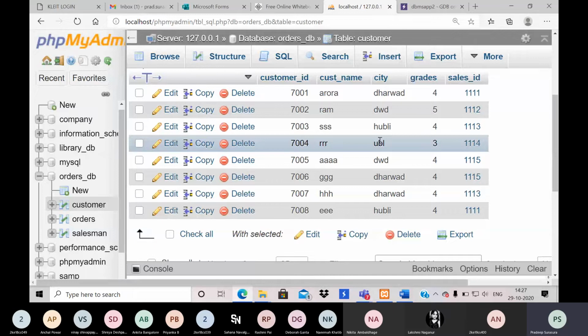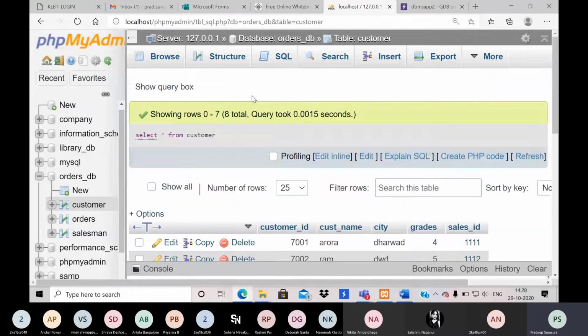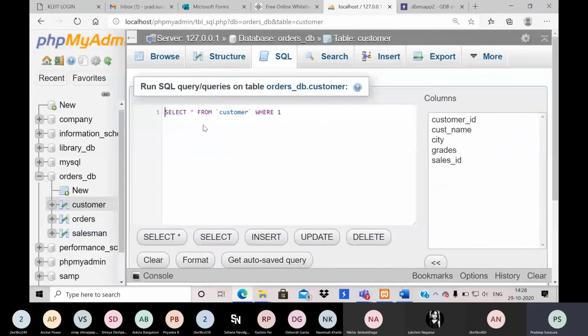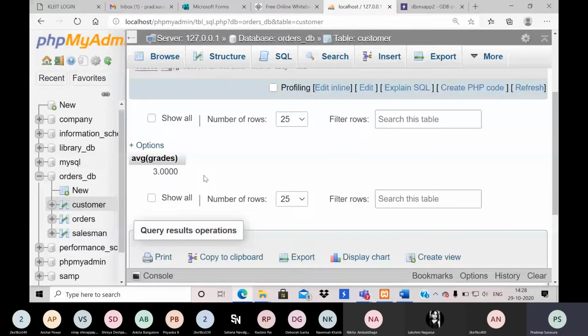Now what if I give the average of UBL, which is 3? I will change the query a little. In place of Bangalore, I will write UBL. If I find only the average of UBL, it should give me the value 3. Correct? So it gave me 3.